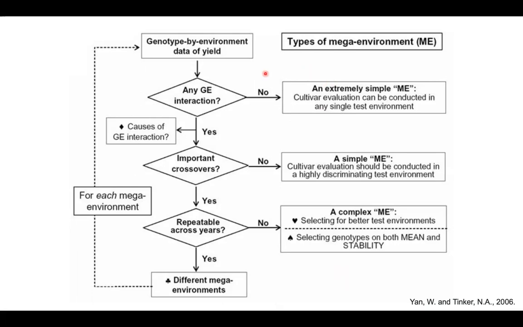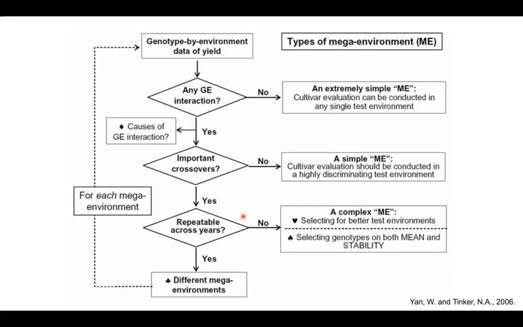So let's say you have data, and we're going to spend some time to see if the G by E is significant or not, and how to do that in our workshop. When we start to work in R, it is going to take some time. It is important, and you are going to see why. Once we detect the G by E, we need to see if there's crossover. If there's crossover, we need to start thinking about developing mega environments. And once we develop those mega environments, we need to assess the stability of hybrids within those mega environments